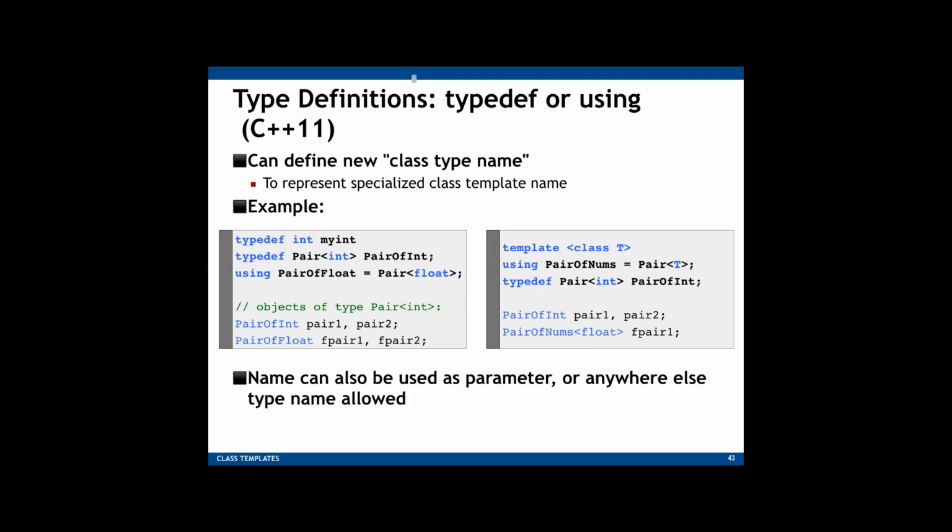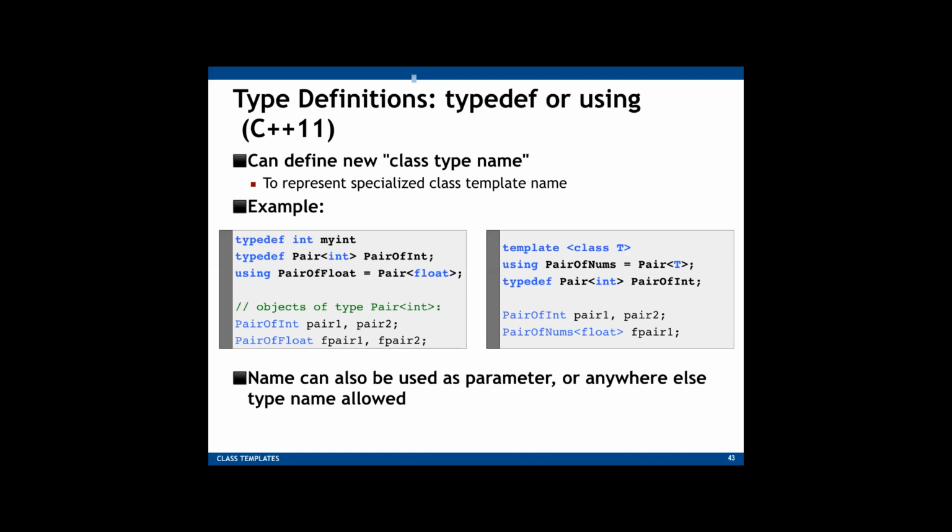So what is the difference? Their effect is the same in a way that they can define a new name for the type. So what's the difference? The only difference is that with the using keyword, we can use a template, but you cannot use a template with